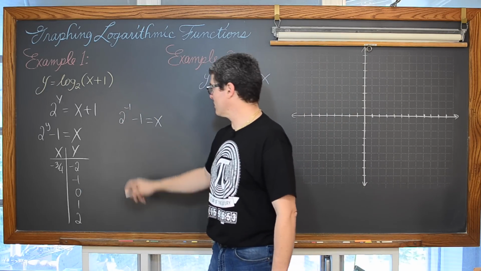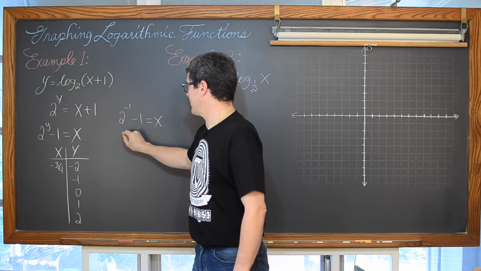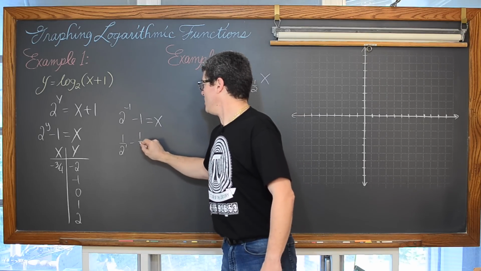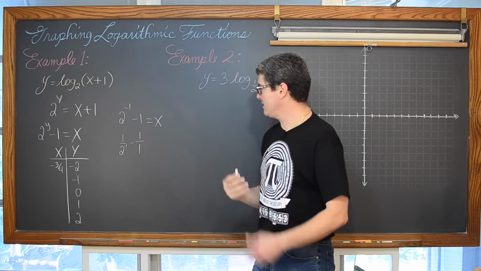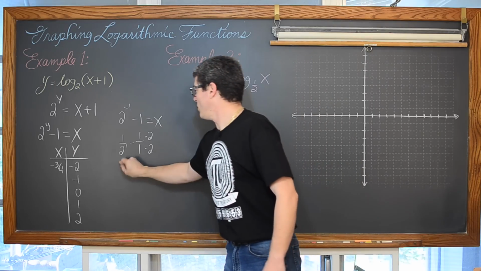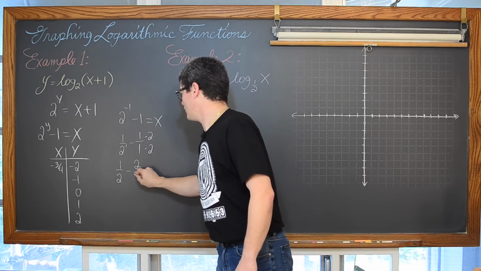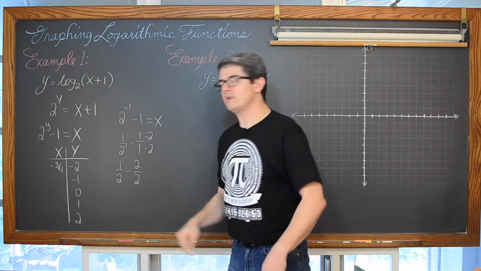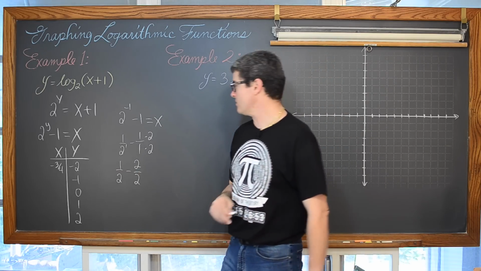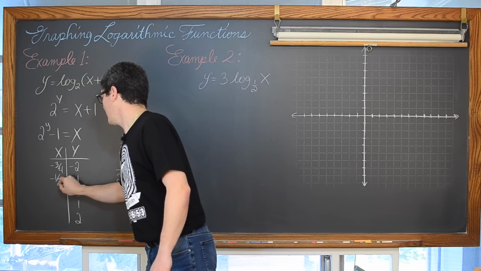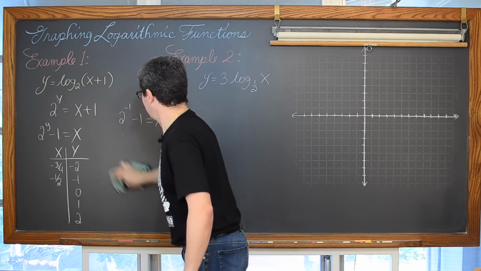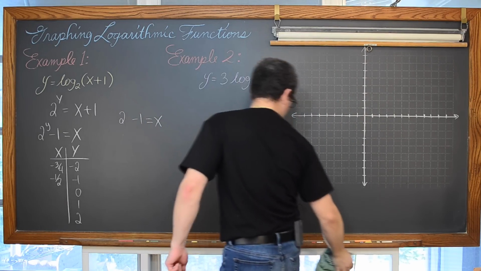When we let our y value be -1, for this next line, we're going to have 2 to the -1. We're going to rewrite to get rid of the negative exponent as 1 over 2 to the first, or just 1 over 2, minus 1 over 1, because now we're going to combine these fractions, multiplying the numerator and denominator by 2, giving us 1/2 minus 2 over 2. And when you have common denominators, you just add or subtract those numerators, and 1 minus 2 is equal to -1/2.